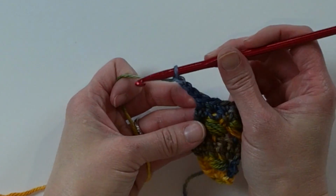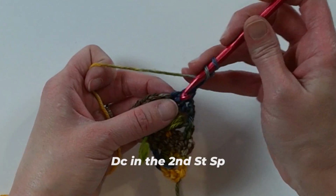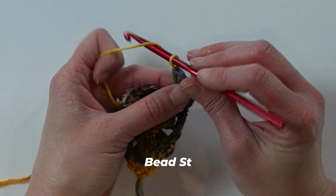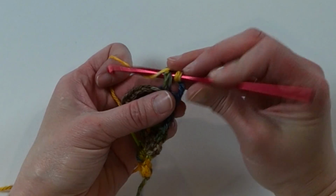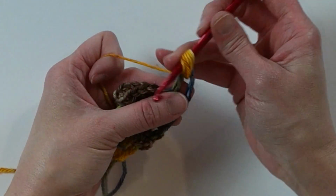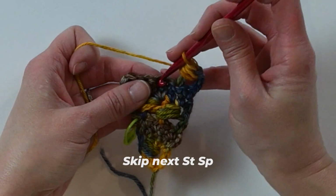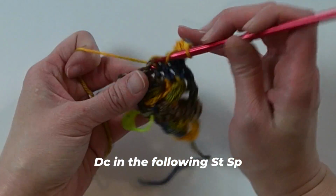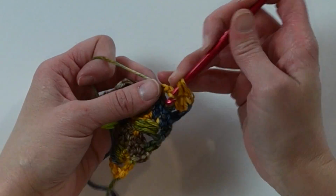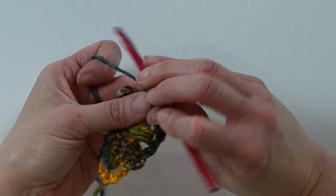1, 2, 3, turning our work. Chain 3 counts as our first stitch, double crochet in the second stitch space. Bead stitch, so 2, 3, 4, 5, 6, 7, skipping the next stitch space, double crochet in the following stitch space, bead stitch, 2, 3, 4, 5, 6,